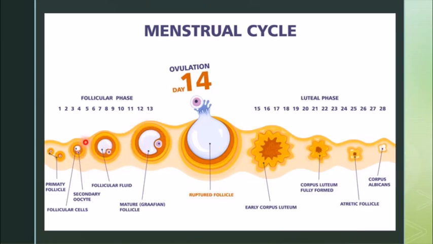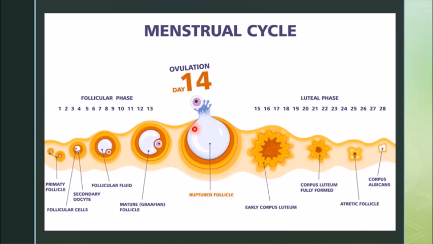So because of the follicle stimulating hormone, the follicles are maturing. The oocyte is also there inside the follicle. These follicles are secreting the hormone called estrogen, because of which the endometrium lining is getting developed. Now on the 14th day, there is another hormone which takes place, and that hormone is luteinizing